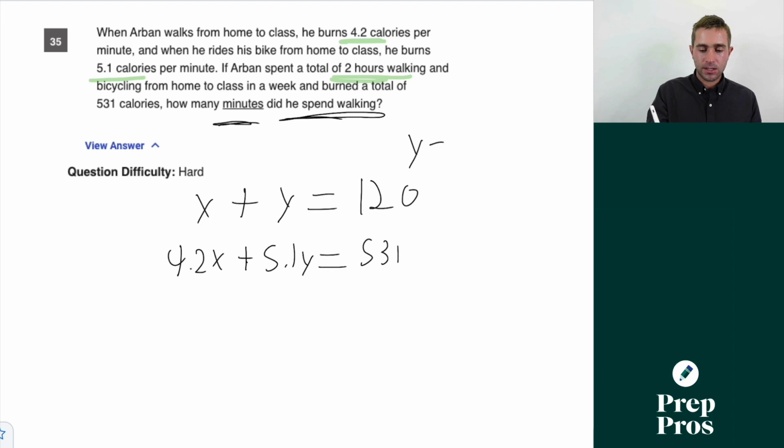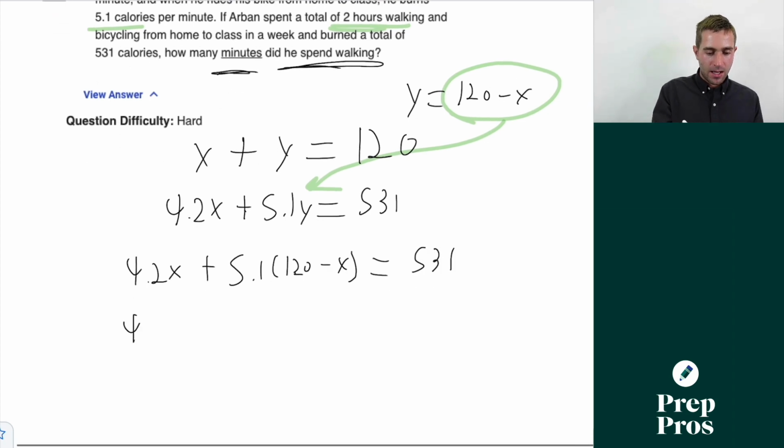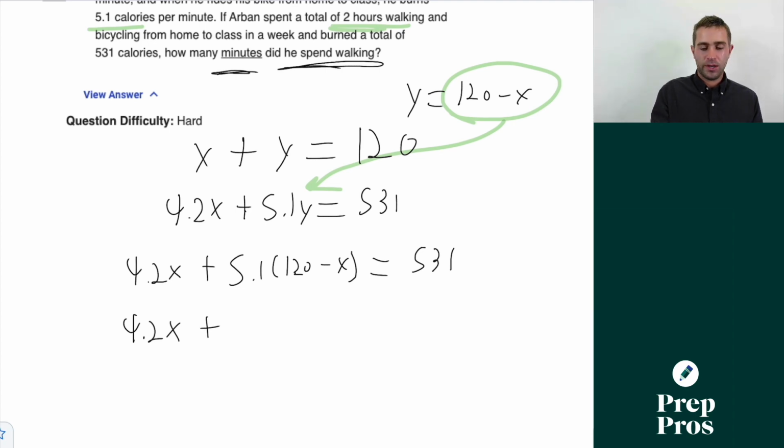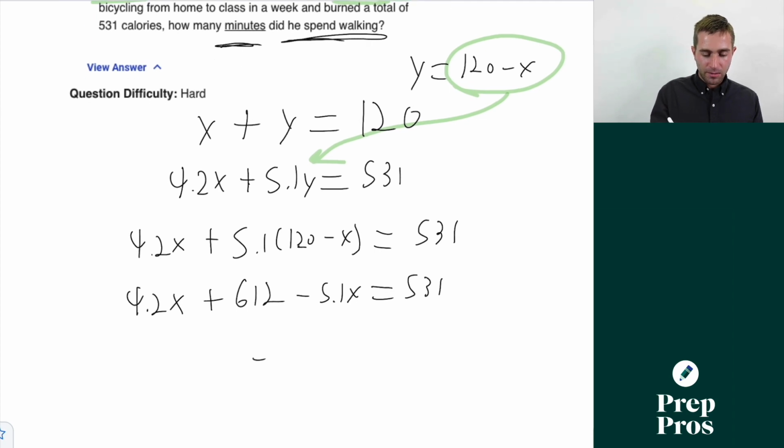So I can re-express this as y equals 120 minus x. And now I can take my 120 minus x and plug it in here. So I'm going to get 4.2x plus 5.1 times 120 minus x equals 531. Now I'm going to get 4.2x plus 5.1. This should give us 612 minus 5.1x equals 531. This is going to give us negative 0.9x equals,